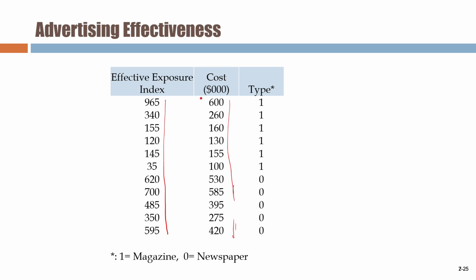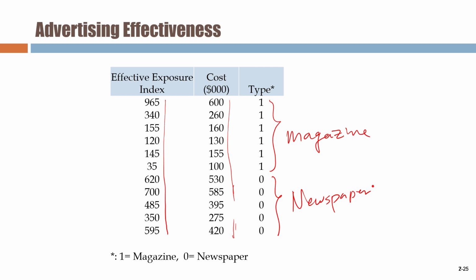So for this number, the higher the better, but how much money do we spend? Obviously if you spend more money, you can have a higher effective exposure index, but the effect of the money will be different depending on the type. Here the type is magazine or newspaper, right? So sometimes you spend a lot of money on the newspaper and it doesn't give that much exposure index, but on magazine you can get a lot, or vice versa, right? So the effect of $1 or more